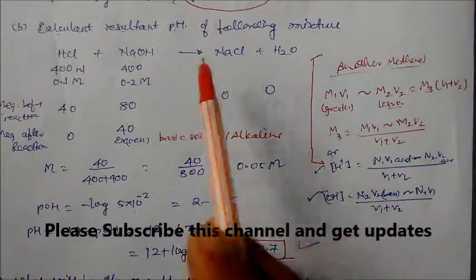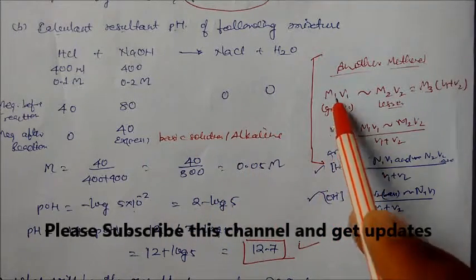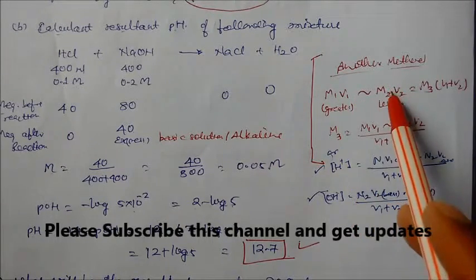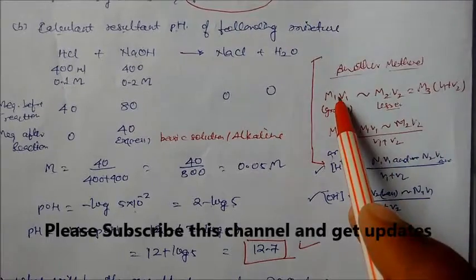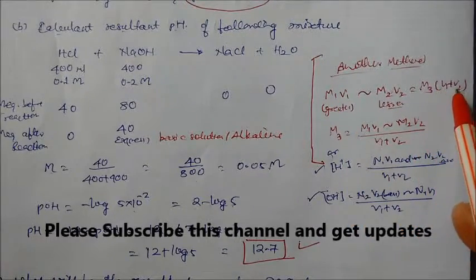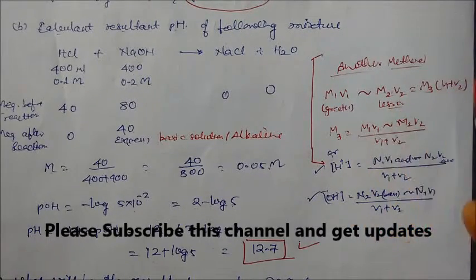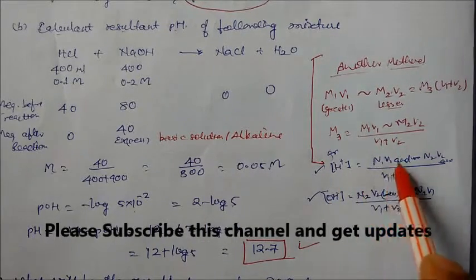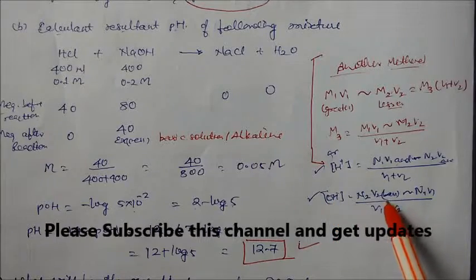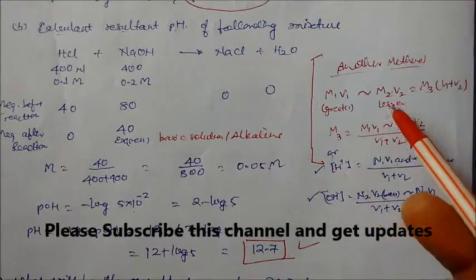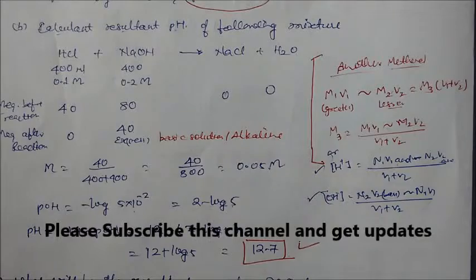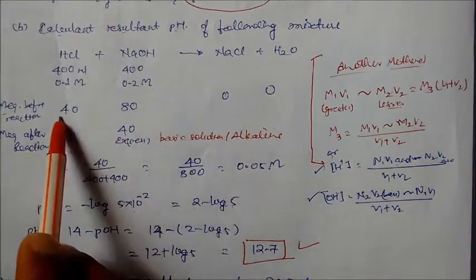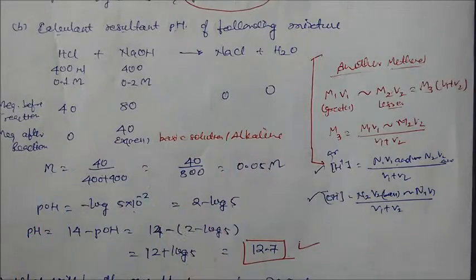For this type of question we have another method, M1V1. This is the sign of greater minus lesser, so this can be also greater, this can be also greater, and this is equal to M3 into V1 plus V2. You can use this formula directly also. Suppose they have given normality, you can use normality for acid and for base. You can use any formula, both are the same. Similarly, we have M1V1 and M2V2, so M2V2 minus M1V1, divided by the volume. Same thing is there.